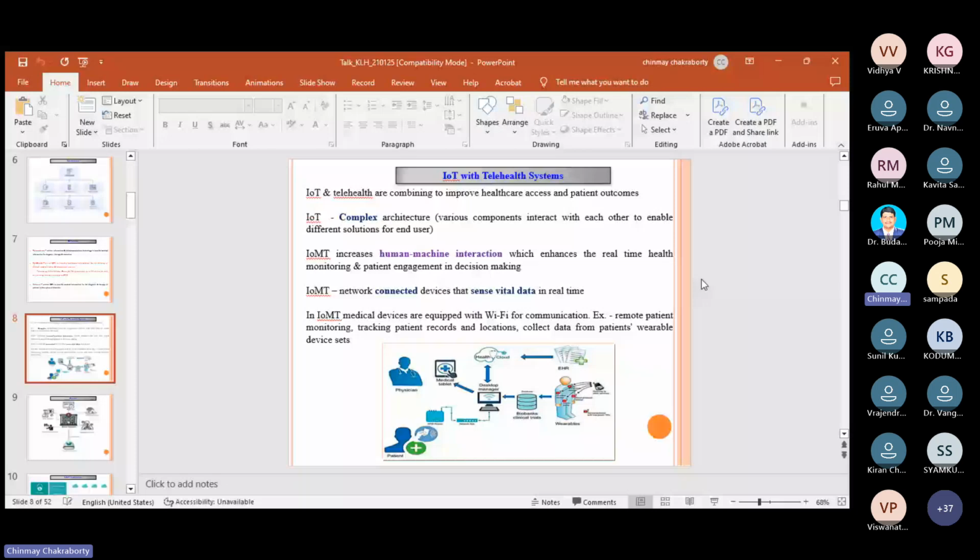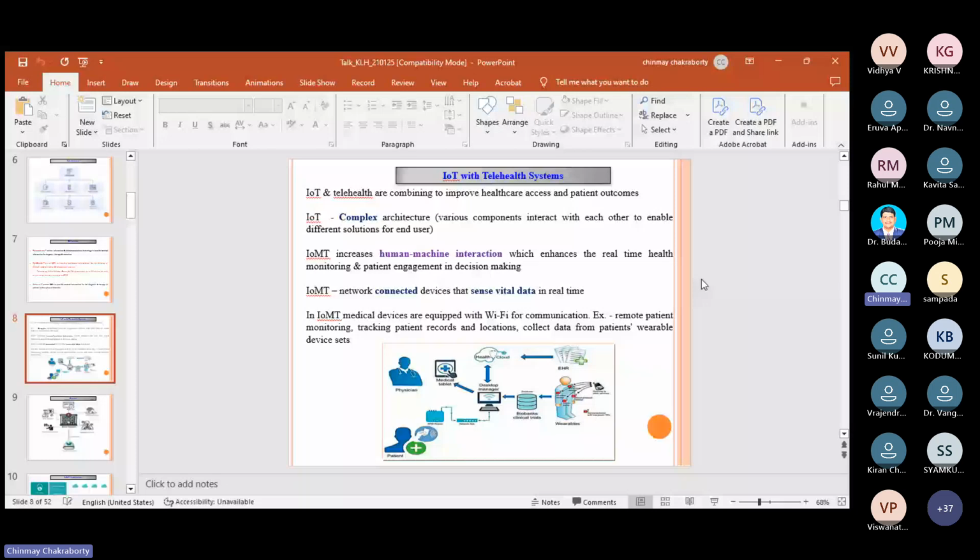So we are acquiring the information from the body sensor networks or body sensor nodes to the coordinator using short range communication techniques. And after that, your coordinator is transmitting the data over long distance communication, right? So IoMT mainly increases the human machine interaction, which enhances real time health monitoring and patient engagement in the